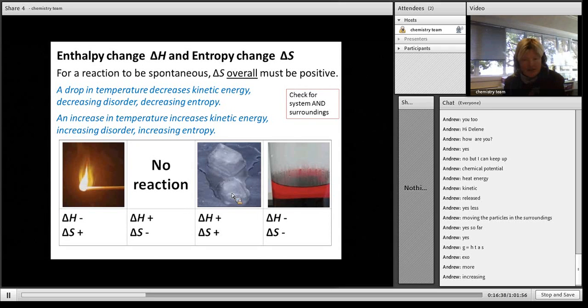Increasing, correct. So I'm increasing in disorder because I've now got more particles that can move around. They're not just vibrating in a fixed sense, they're now moving around. So delta S is positive. Delta H, though,